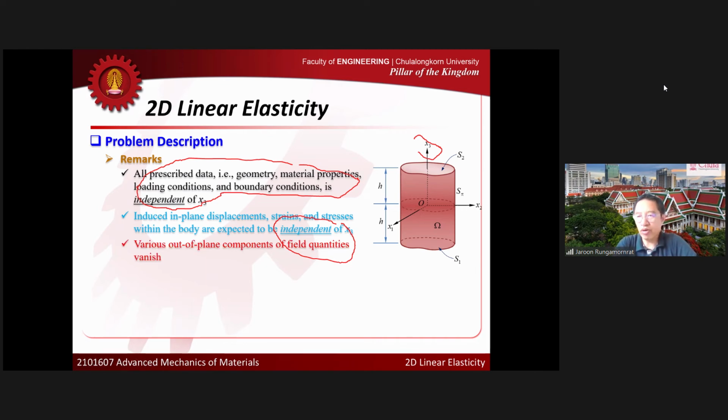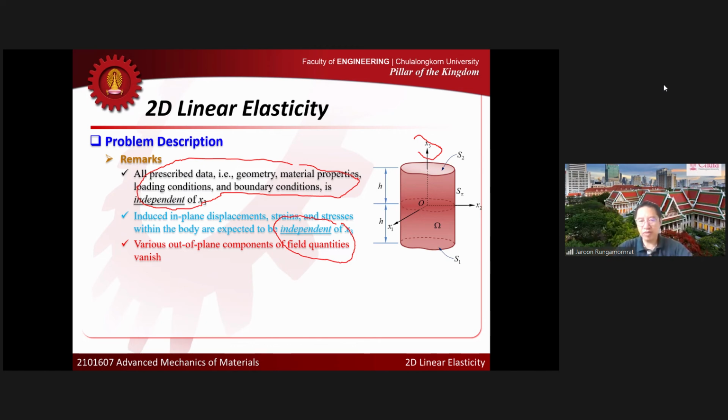Also, like I told you, the out-of-plane component of the field quantity should vanish too, right? Because we don't have the out-of-plane contribution. The data in the out-of-plane direction is constant or even disappears. For example, the body force field that you apply, we don't have B3. We don't apply any loading condition in the X3 direction. And also the boundary condition on the side face, you will not apply any traction in the X3 direction,